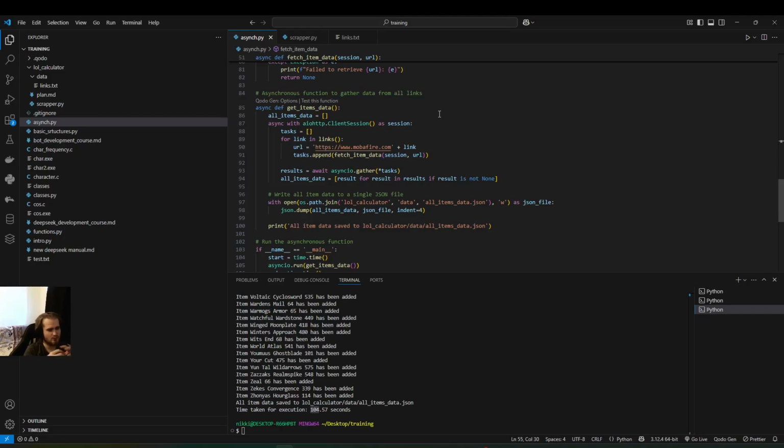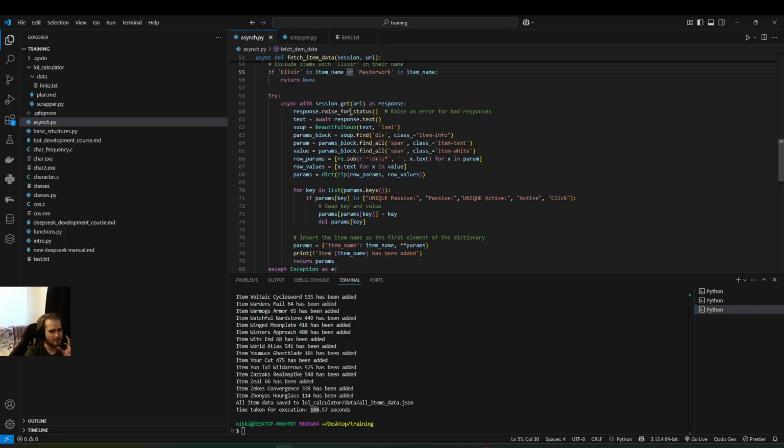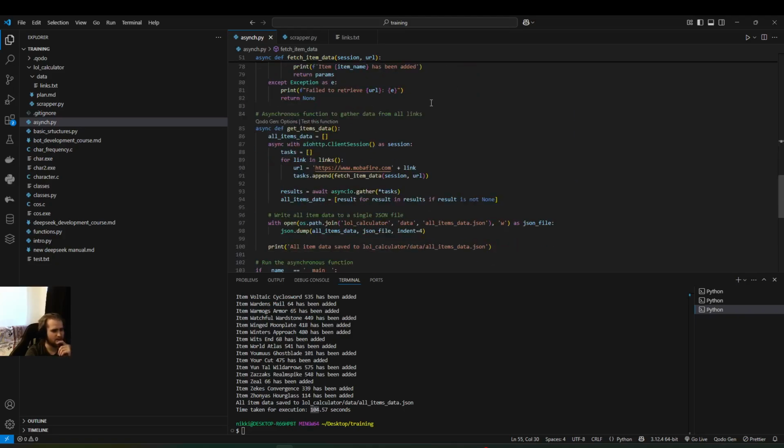In this one, we gather all the calls of this function. So what are we doing here? All items data is okay. We're not really interested in that. But I think with an asynchronous context